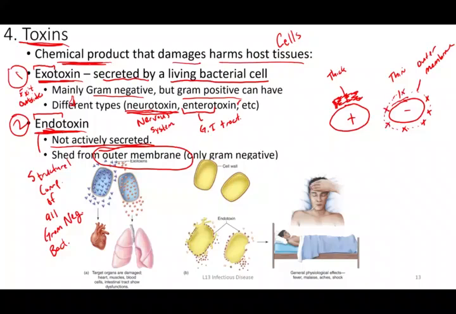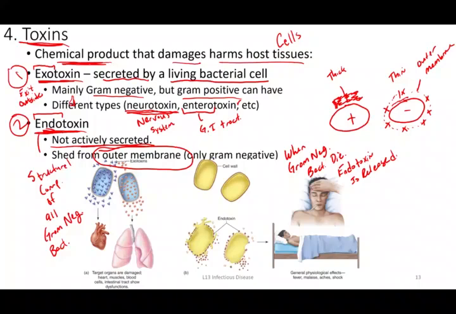So the time where it can be toxic is when gram-negative bacteria die. This molecule called endotoxin is released. So I just want to make sure it's clear as to what I'm describing here. This is not something the bacteria are doing on purpose, like a last minute, I'm just going to release this molecule because we're dying.